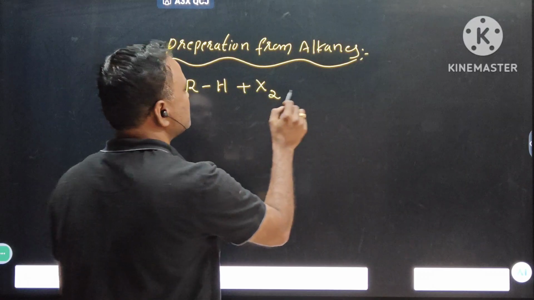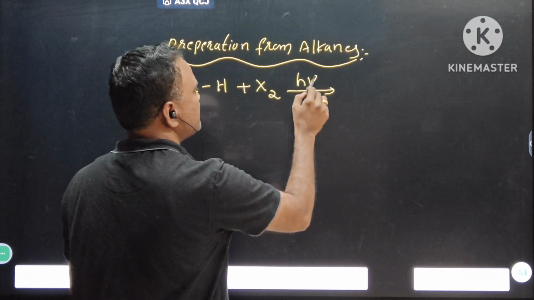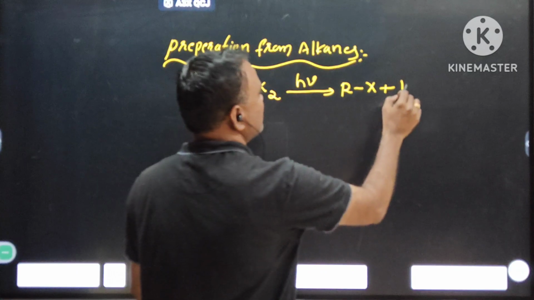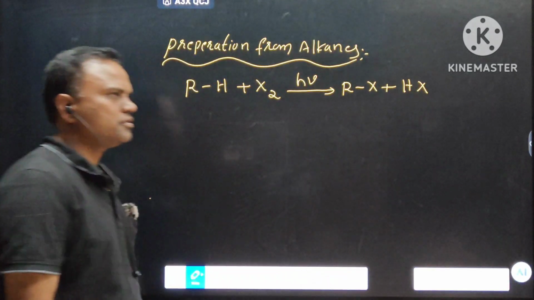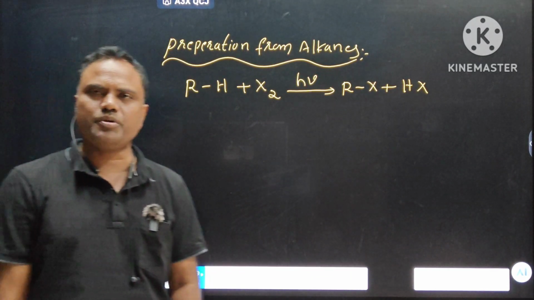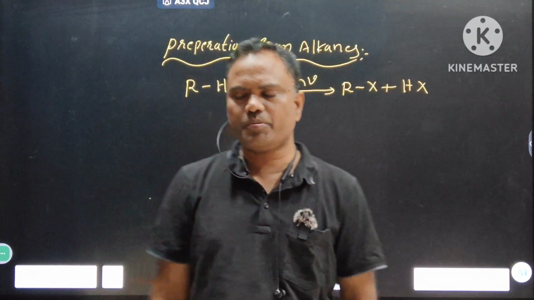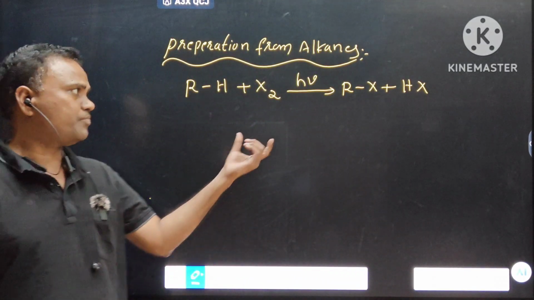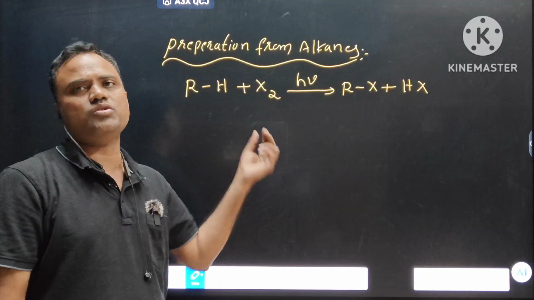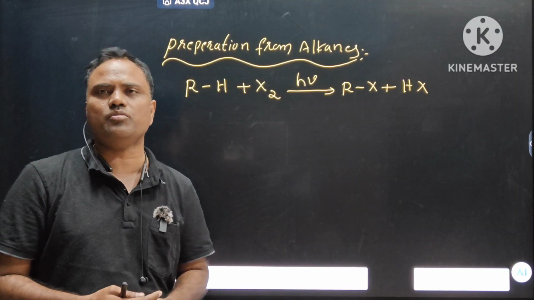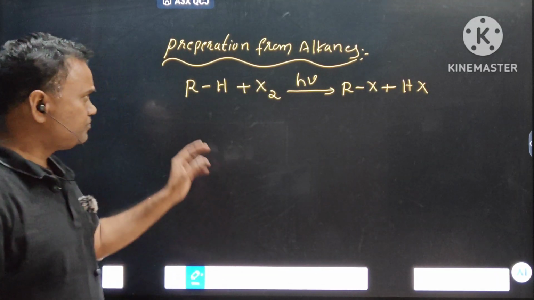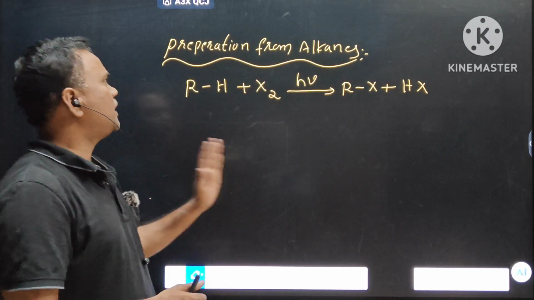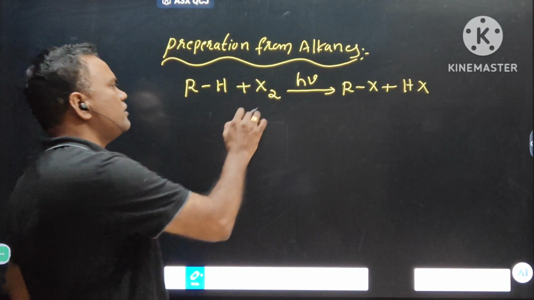Alkanes when treated with halogens in the presence of sunlight will produce alkyl halides. We completed preparation from alkenes, alkynes, alcohols, carboxylic acid. Similarly, another miscellaneous topic: preparation of alkyl halides from alkanes, right? This is called halogenation of alkanes. Halogenation of alkanes means addition of halogen to